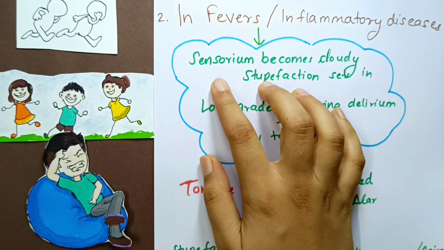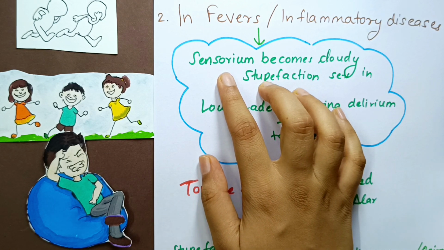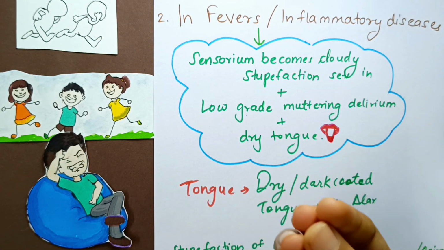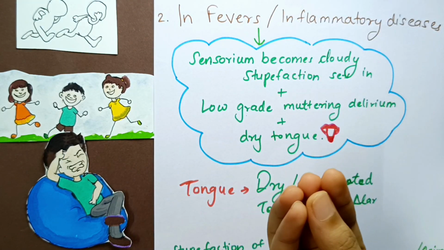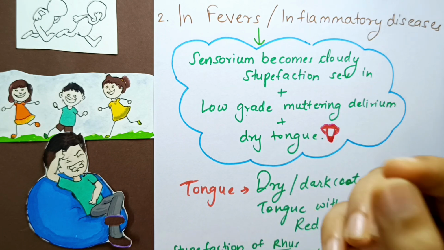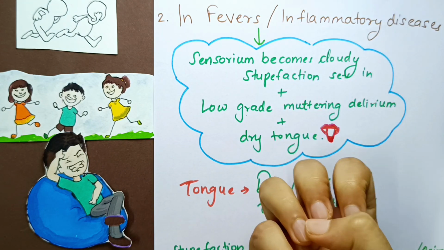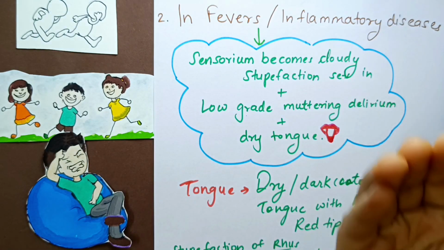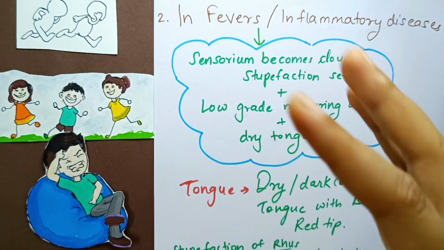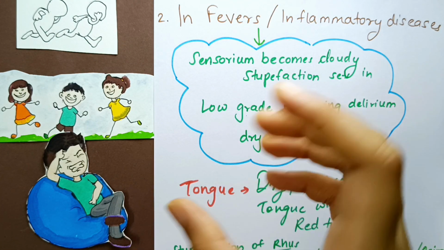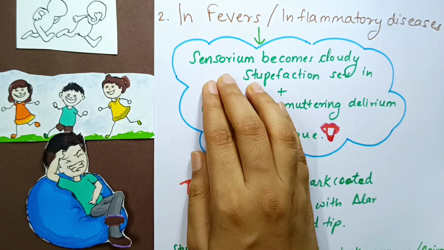Now what is sensorium first of all? We use this word to denote that part of the brain, or actually the mind, which is concerned with the reception and interpretation of sensory stimuli. Whatever sensory stimuli we are getting through all of our senses, we first are receptive to it, we take it in, and then we interpret it. All of that is done in a part of the brain or your mind which is called the sensorium.